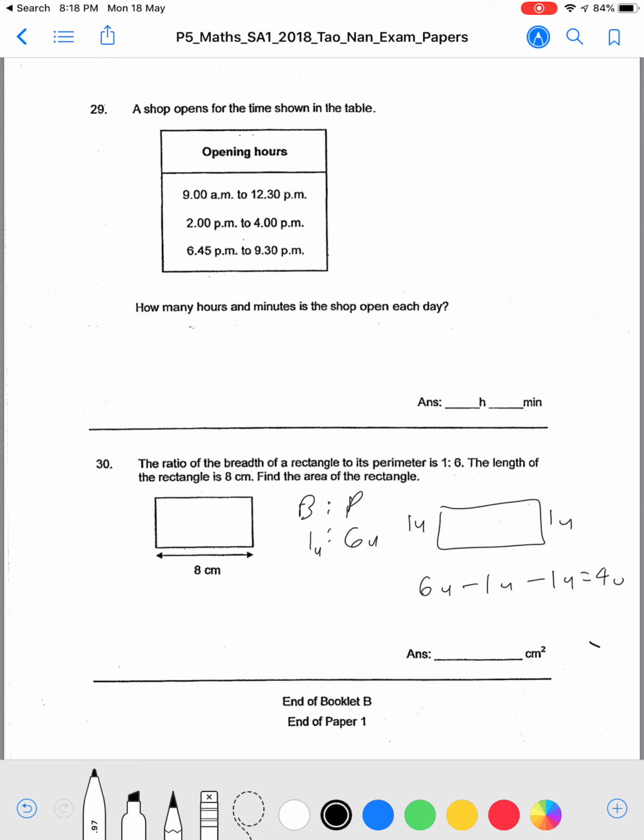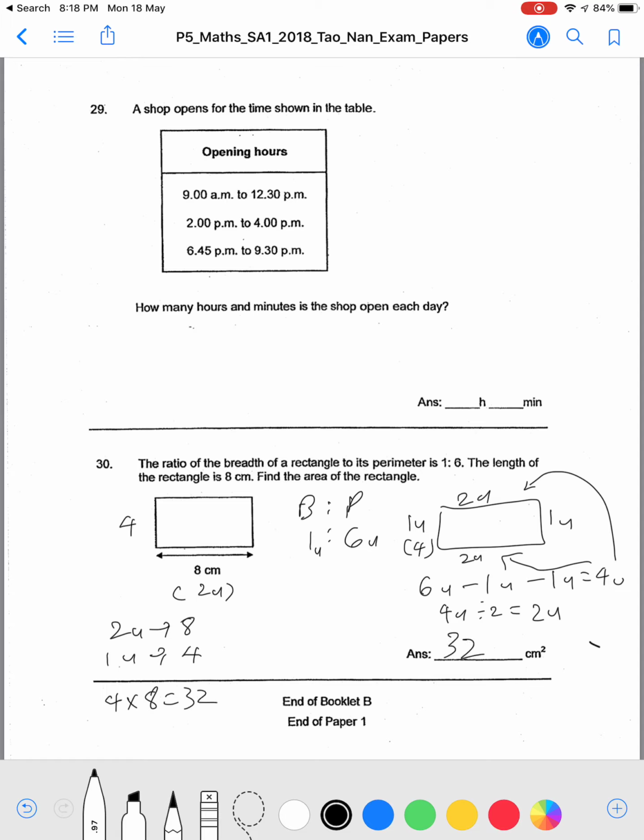4 units is for the two lengths, one length and one length. So 4 units divided by 2 gives you 2 units. So the 2 units is for the length, right? So 2 units is 8. 1 unit is 4. So the breadth is 1 unit, which is 4, correct? So the area is length times breadth, right? So it will be 32. Okay, can. So overall this